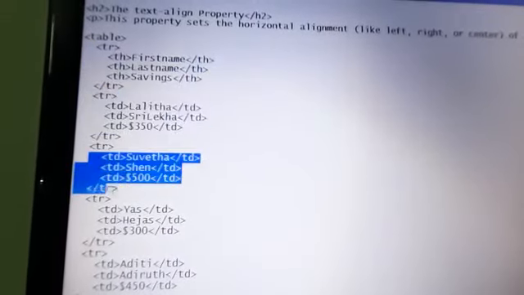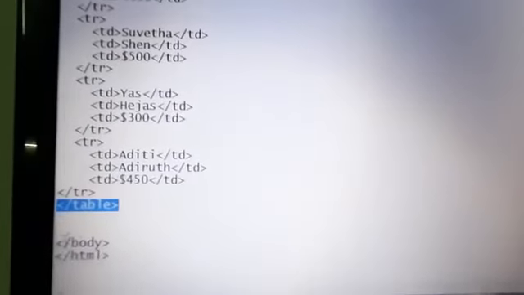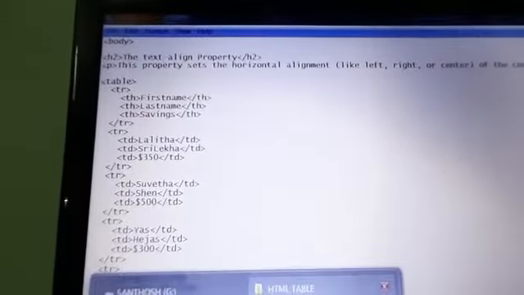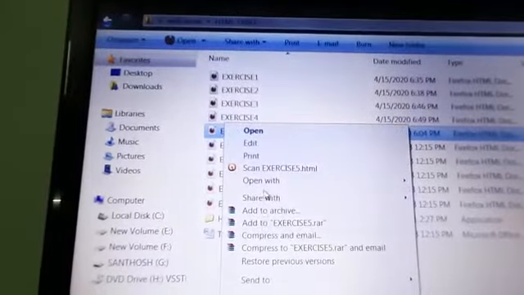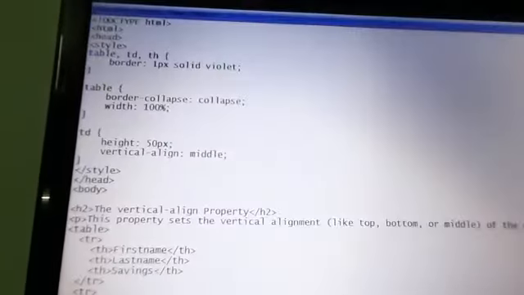Okay, so how many rows? 1, 2, 3, 4 and then 5. So 5 table rows here, and finally you can close with the table tag, and then close the body tag and HTML also. Okay, next you see the vertical alignment.